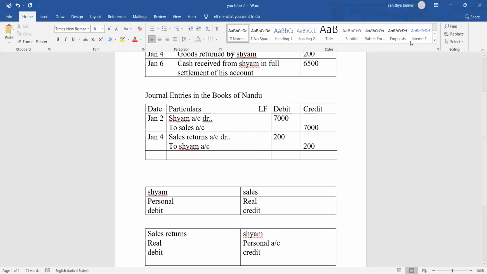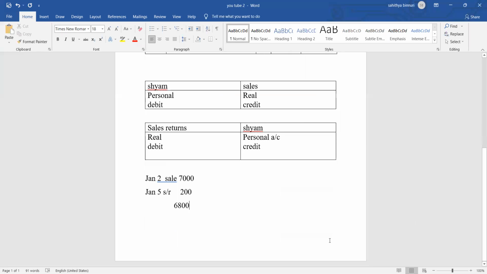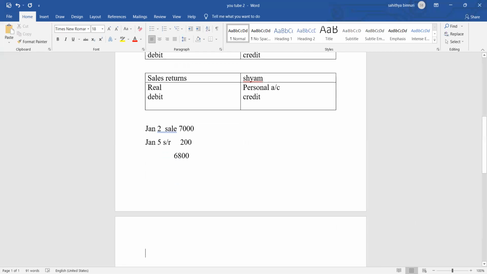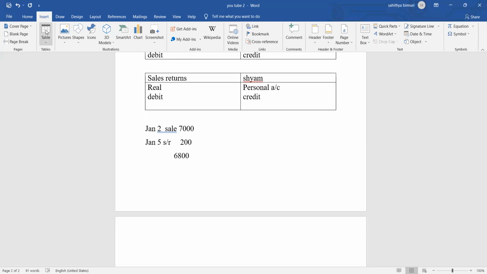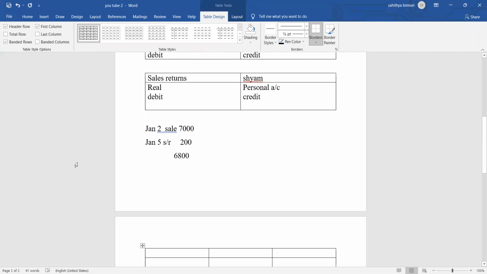So now we will see what are the three aspects involved in this transaction and which should be debited and which should be credited. So let me open the working notes. So cash, obviously it is involved. Discount is the new thing involved in the transaction because we made a full settlement, and all the transactions are related to Sham. So obviously Sham also will be involved in the transaction.